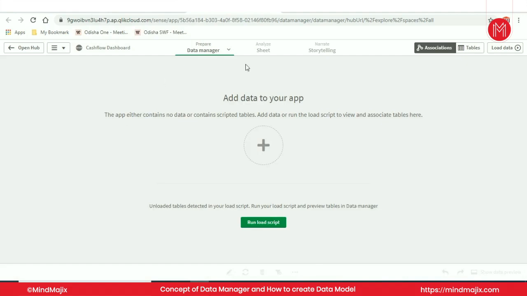But here in the Data Manager, without knowledge of scripting and without dealing with a backend script of the data model, you can directly create the data model. You can just add the data to your app right here in the UI. So it is a completely UI interface.